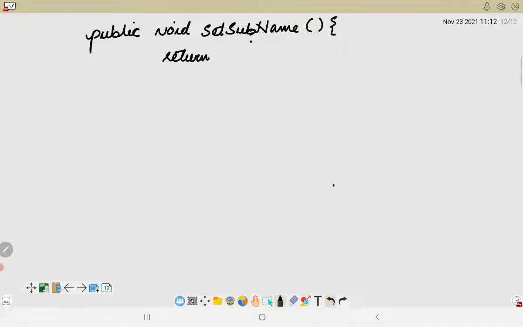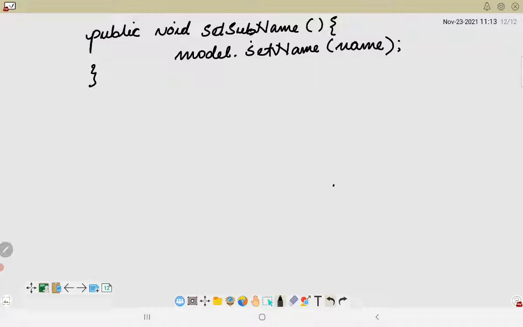What do we return here? Since we have a void return type here, we will not be returning, we will be simply sending it to the model through the model object, which is setName, and also we will pass the parameter name here, because we have considered a parameterized constructor.